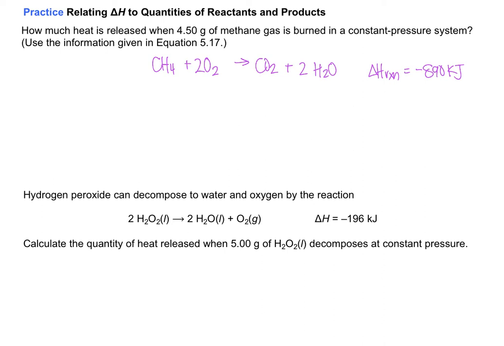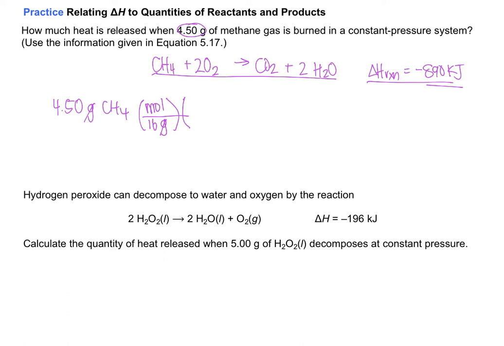So now you're going to think of this as part of the reaction, part of the stoichiometry. It's something you can use in stoichiometry to get between moles of any of these molecules into energy, or from energy to moles or grams of one of the substances. So I'm going to start with what it gives me, 4.5 grams of methane, and I'm going to go to moles. So I'm going to use the molar mass of methane, which is 16 grams in 1 mole. Now my grams of methane cancel out, and I'm in moles of methane.